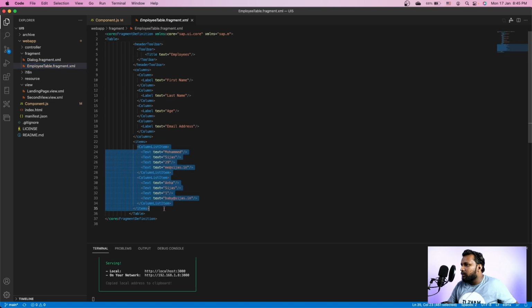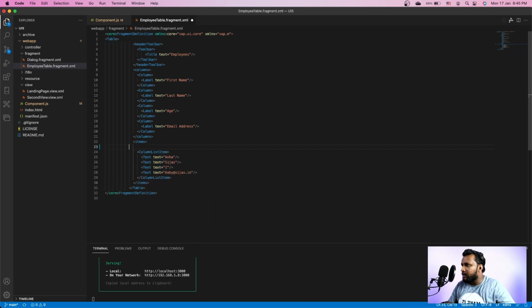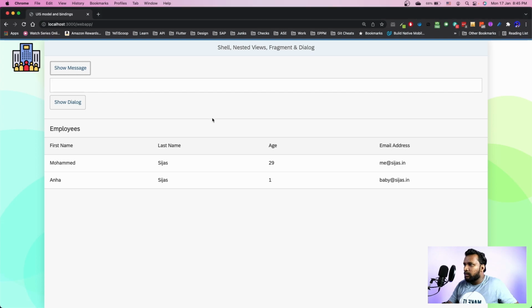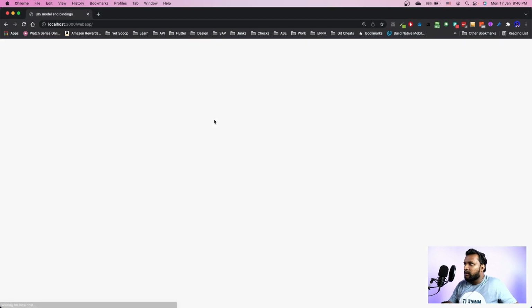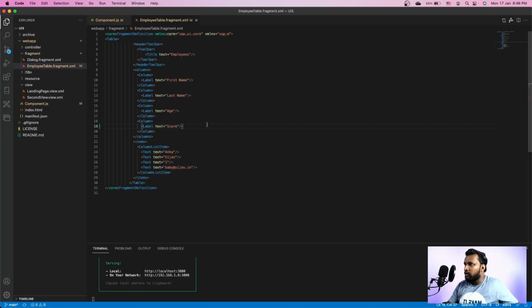So let me remove one of the column list items. We have first name, last name, age, and instead of email address, we have something called score. Score will come here, refresh, and we should see the score.